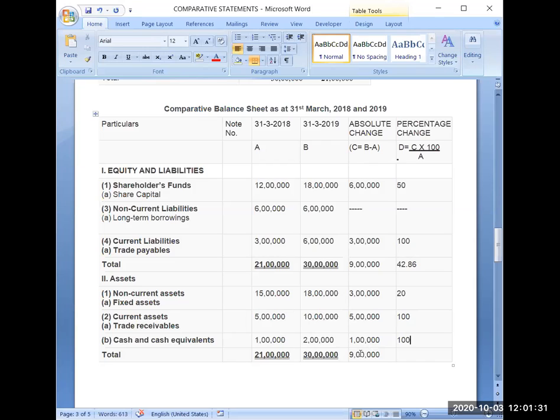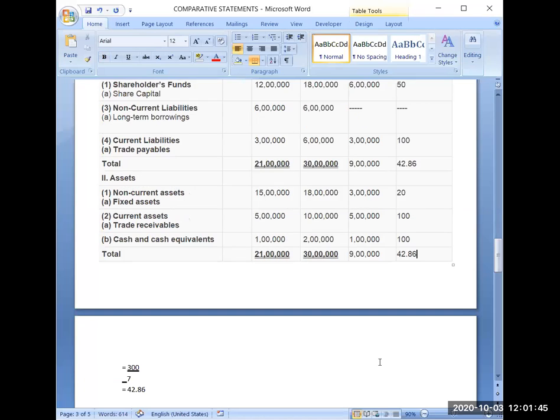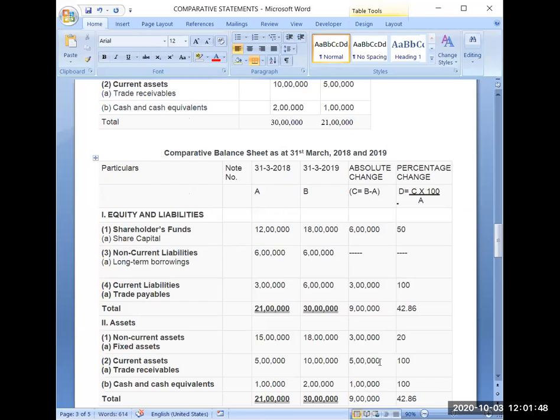And now see, this 9 lakh upon 21 lakh, you have solved a few minutes back. The same calculation was there. That's why I need not calculate it again. I can simply write it directly, 42.86%. Because I have mentioned percentage here once, I can write the percentage symbol in the bracket. Then I don't need to write the percentage symbol again and again with all of them.